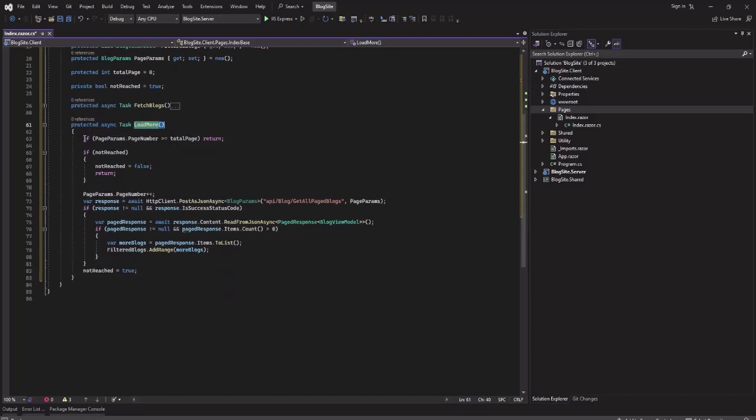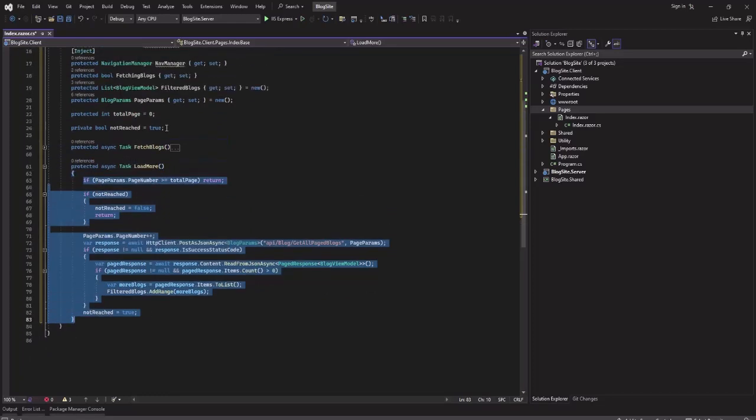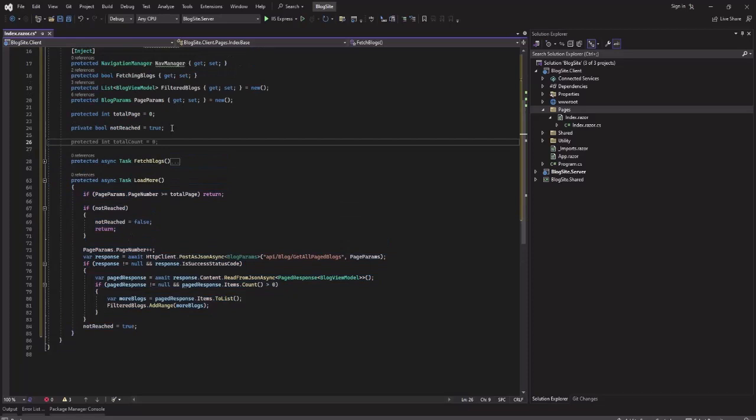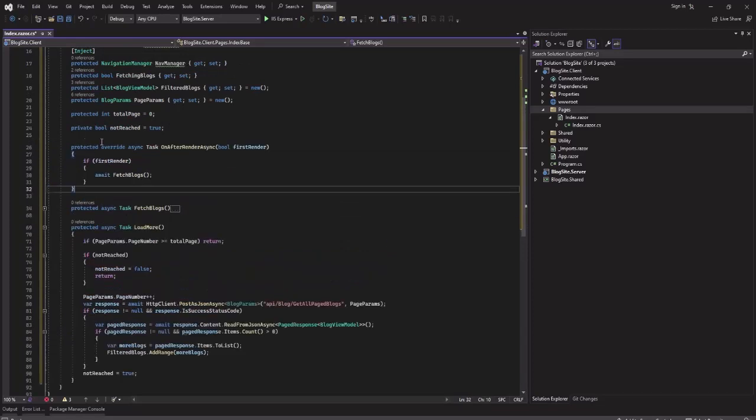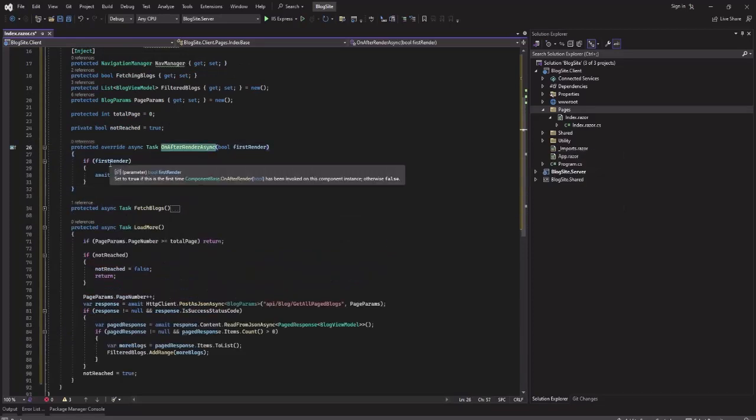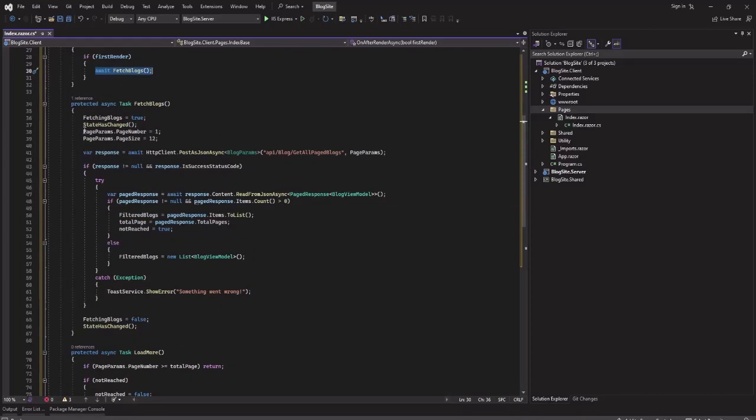So this is the function for loading more, and we will also add a lifecycle method for OnAfterRenderAsync. So when the page loads for the first time, we are fetching the blogs, so this function,